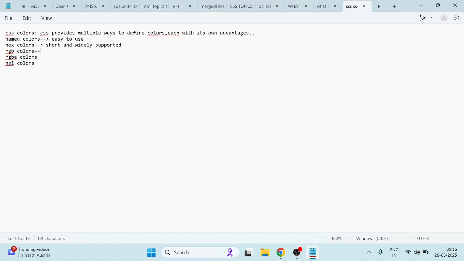And after that, rgb can be long to type, and the shaded part will be used here. And rgba supports transparency,